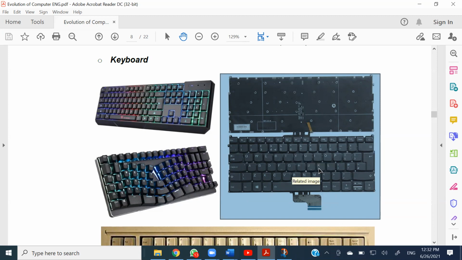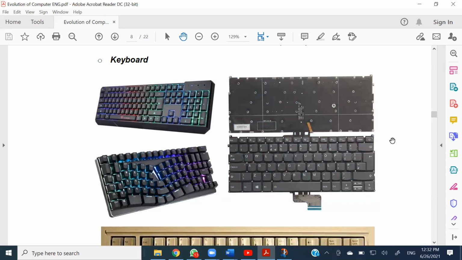Others are right at the back. So with laptop keyboards, there are some keyboards we can easily take out from the laptop and replace if needed, right? But there is another type of keyboard where they have been welded into